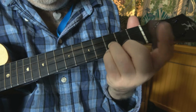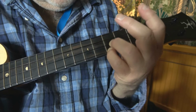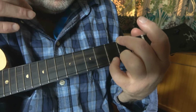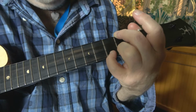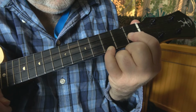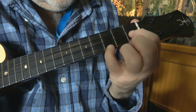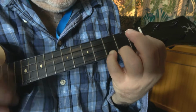So 2nd fret 1st string is being played by 2nd finger. That 2nd finger then comes over to the A minor. Little finger stays on the 1st string 3rd fret. Then we go to the F sus2. So little finger 1st string 3rd fret, 1st finger 2nd string 1st fret, and I'm using my 3rd finger to play the